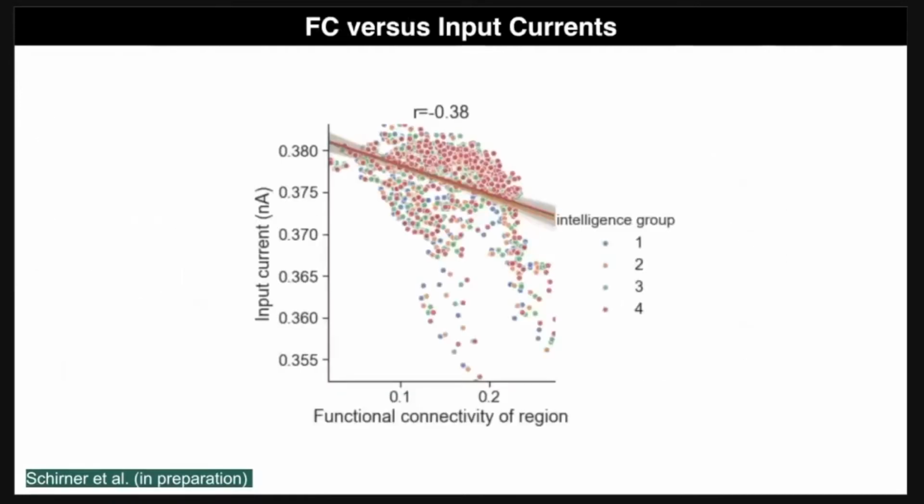And this is what we are doing here. So we have built virtual brains for these Human Connectome Project individuals. And from these virtual brains, we can infer the input currents that drive the nodes, the populations. Here you see the average input currents driving the populations in the different virtual brains of the Human Connectome Project individuals related to functional connectivity. And what we found was that there's an inverse correlation between the functional connectivity and the input currents that drive the individual nodes of our virtual brains. So higher functional connectivity results in lower input currents.